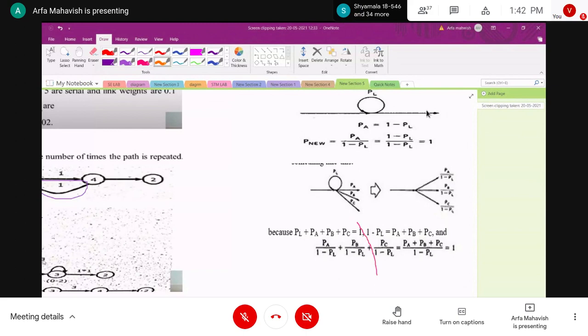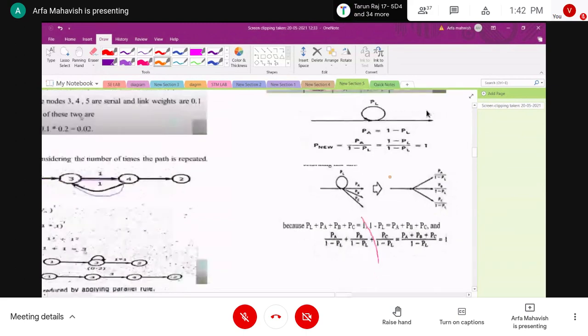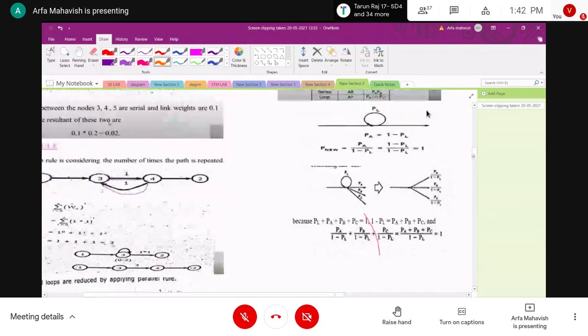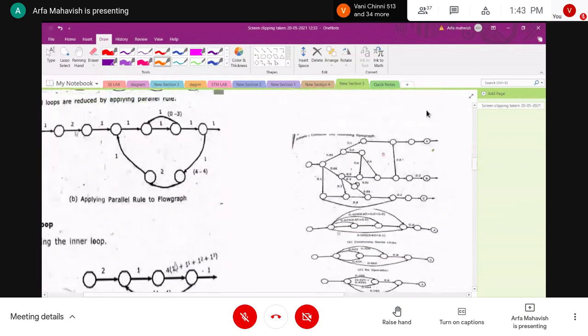So now we will look at the example. Look at this example, guys. We have three cases in this example: A, B and C. In each case we have a weightage. This is the starting stage and this is the ending stage, and in these stages we have three cases A, B and C.